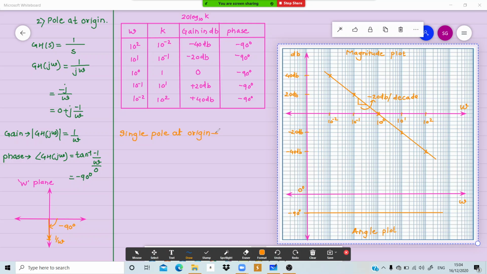What we got is a line with slope minus 20 dB per decade. Right? Now if you'll have two poles at the origin,